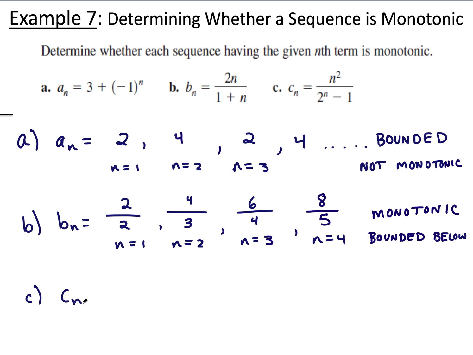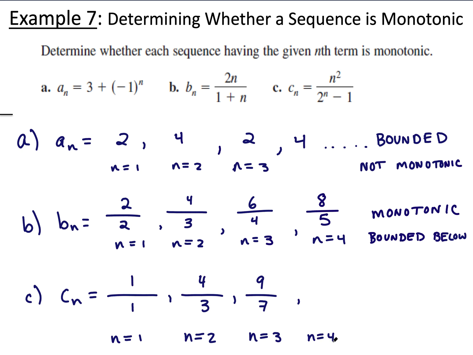So for this one, we have C sub n. Let's say we plug in 1. 1 squared is 1. So then if we plug in 1 to the denominator, 2 times 1 minus 1 is just 1. How about n equals 2? This would be 4 over 2 squared minus 1, which is 3. How about n equals 3? So then you'd have 3 squared, so this is 9, over 2 to the third, which is 8, minus 1, which is 7. How about n equals 4? Well, if you plug in 4, I think you'll have 16 over 2 to the fourth, which is 16 minus